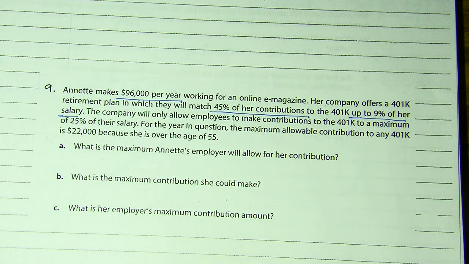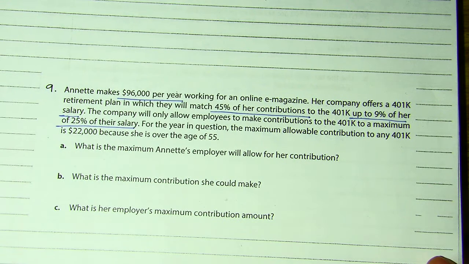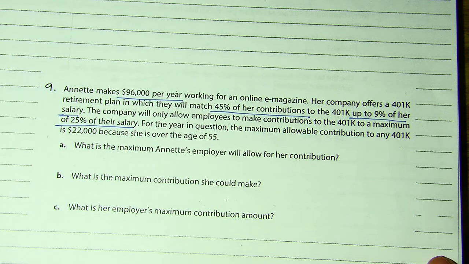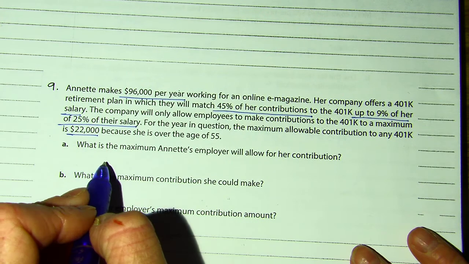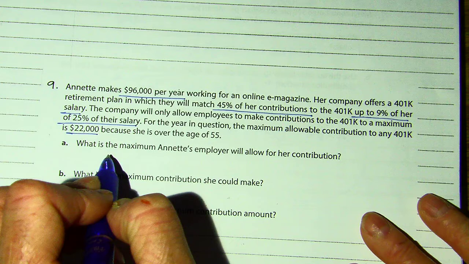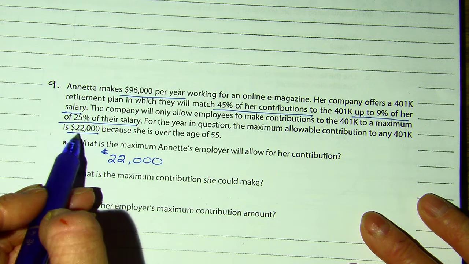The company will only allow employees to make contributions to a maximum of 25% of their salary. For the year in question, the maximum allowable is $22,000. So what is the most that they will allow her to contribute? $22,000,